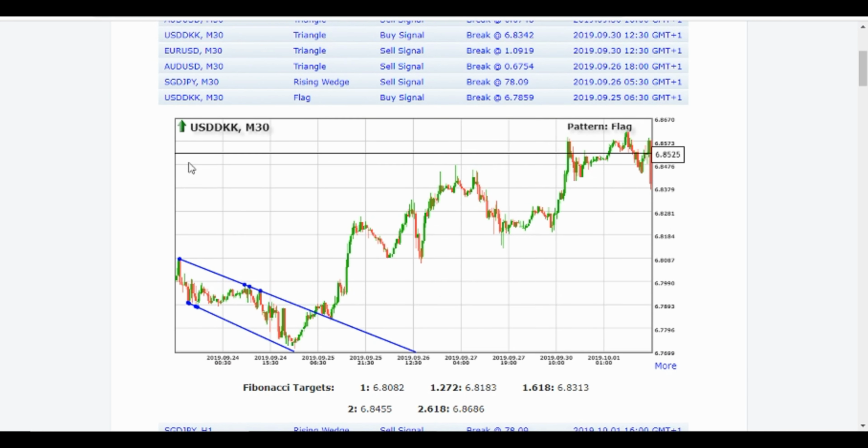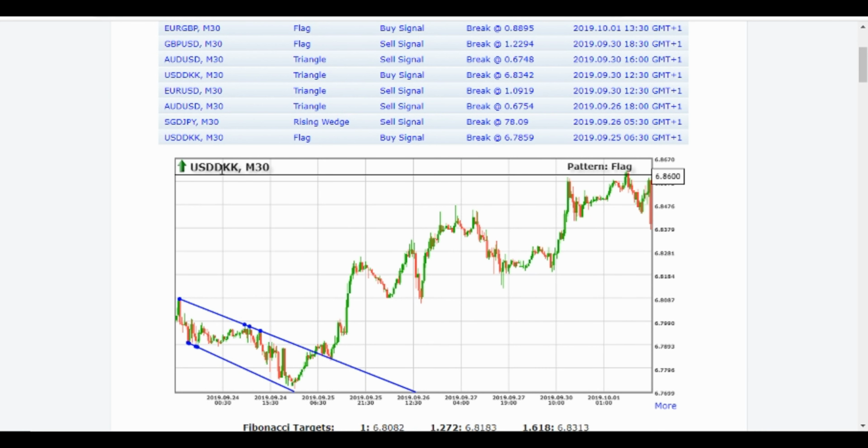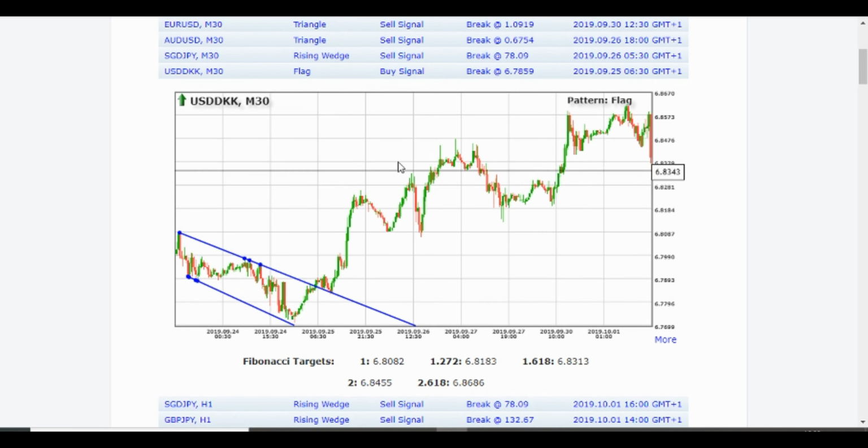Okay, let's start. The first one is the USD and the Danish krone on the 30-minute time frame. Okay, you will find all the time frames from 1 minute to the monthly one, and as you can see here, we have a green arrow. It means that we have an uptrend on this time frame. The pattern is a flag. We have a buy signal. The break at 6.7859. Okay. I will show you this trade on my TradingView account, but before doing this, I want to tell